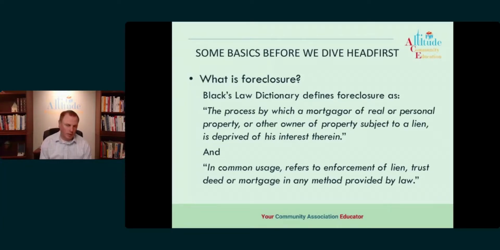So ultimately what we're talking about with foreclosure, as most of you know, is when the association steps in and tries to remove an owner from the property. Not actually remove them, but take title to the property. That's what we are talking about when we are foreclosing. We want to take their ownership interest from them and put it either in the association or in some other individual or company entity that can handle moving the property forward. That's your basics of what a foreclosure is.